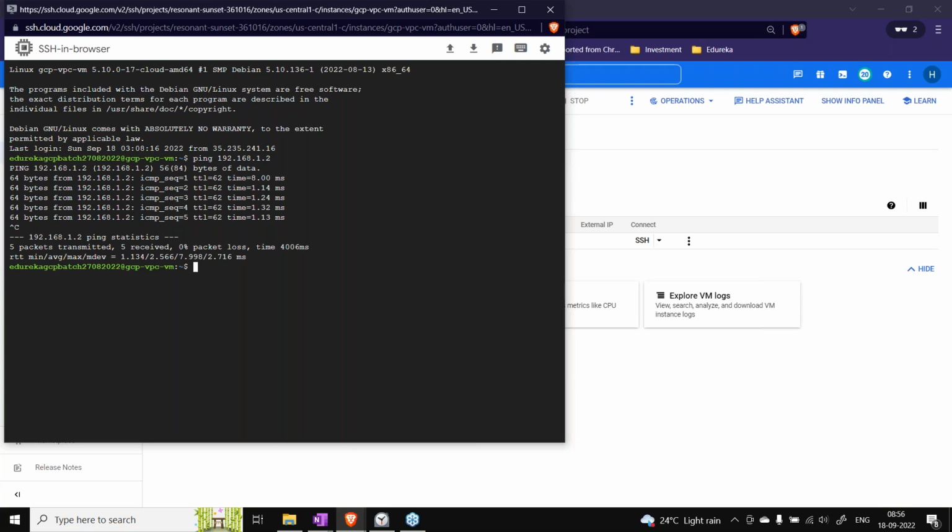So that's all about the VPN connectivity that we can create between two, like on-premise and GCP, or it can be another cloud and GCP. Okay. So any questions on VPN? The next topic that we'll be discussing